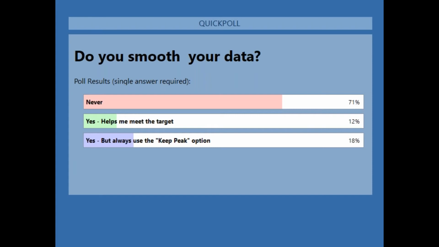Yeah, well, certainly if you didn't know it was there, now you know of its existence and how best to apply it. But again, it's really a case-by-case basis, maybe when you want to use it and when you don't. Yeah, and it's nice that you can smooth it and keep the peaks. So, maybe people weren't aware they could do that. But certainly it can help your audience focus on the right stuff, I guess would be the hope when you smooth. Yeah.